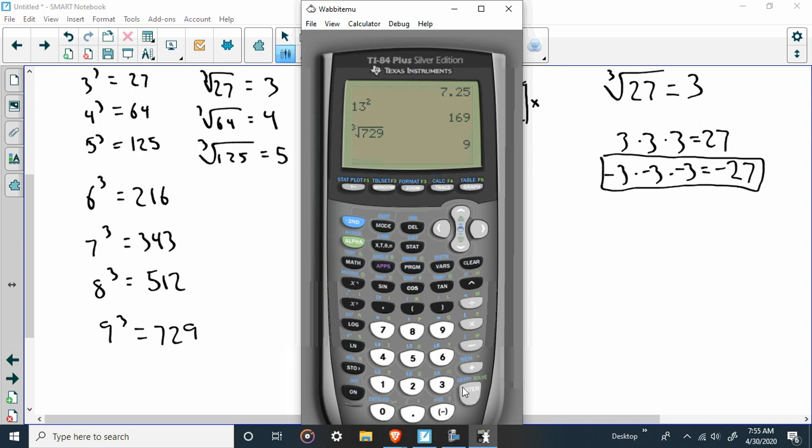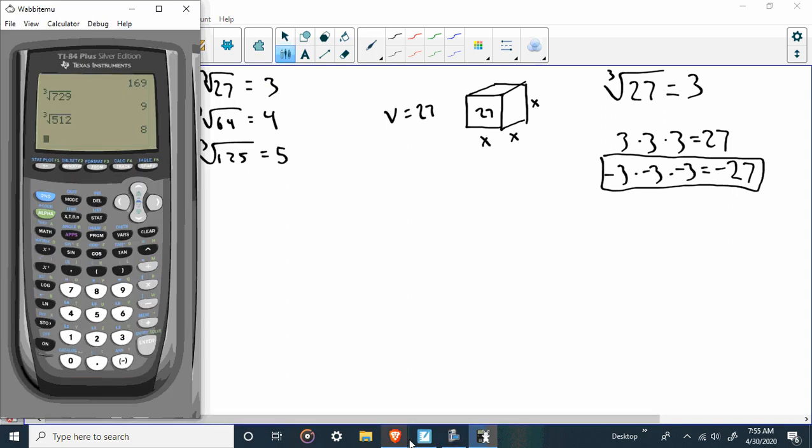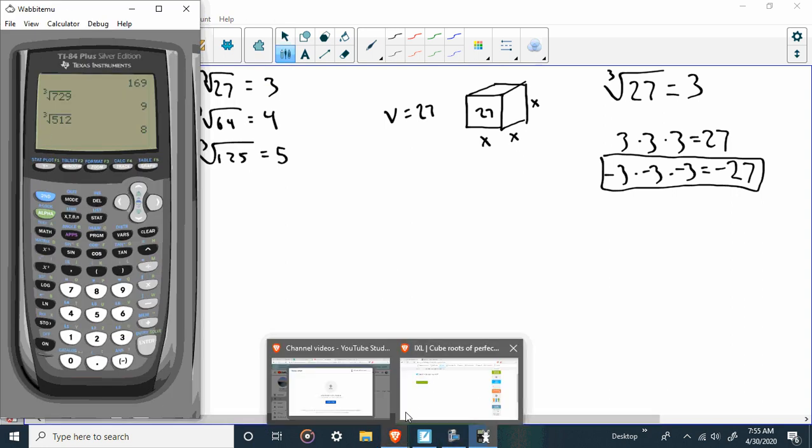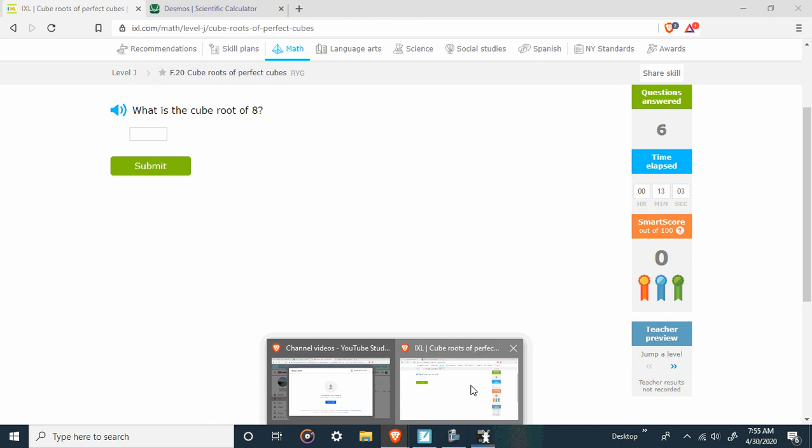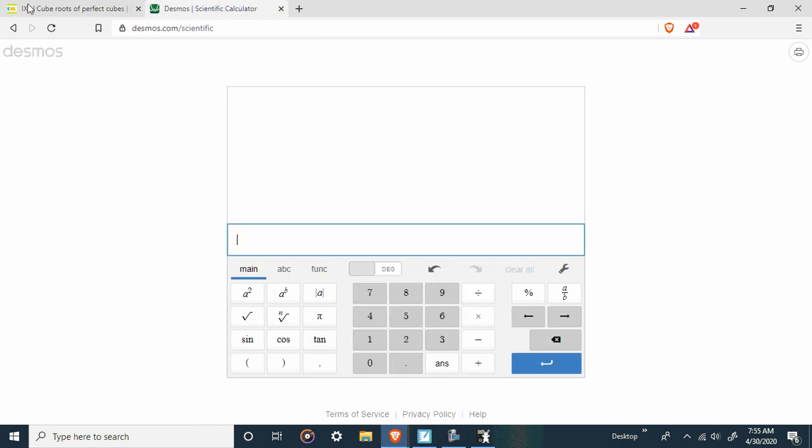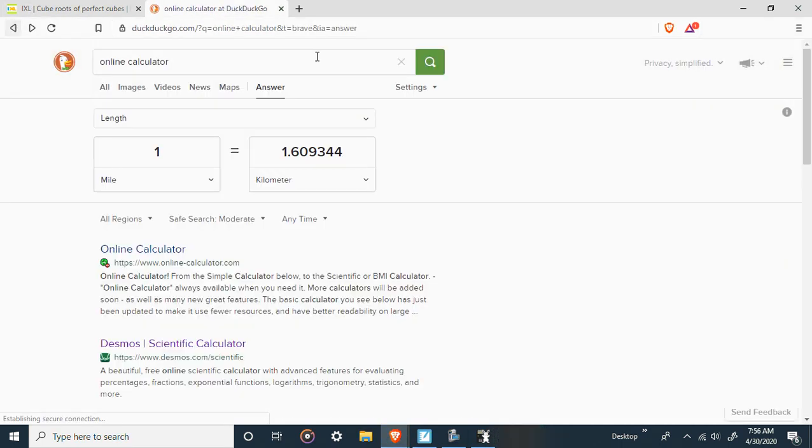It's going to tell us it's 9. Okay? So again, math, number 4, cube root of 512 is that. Now, I know most of you guys don't have one of these at home. That's okay. I would strongly suggest that if you go to Desmos, I know we use it mostly for graphing, but if you go to desmos.com,